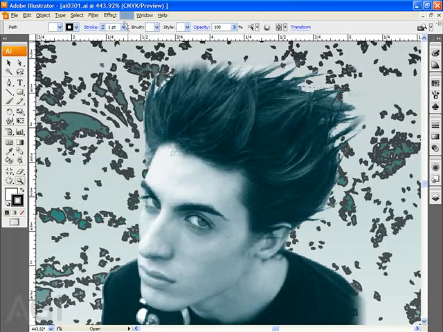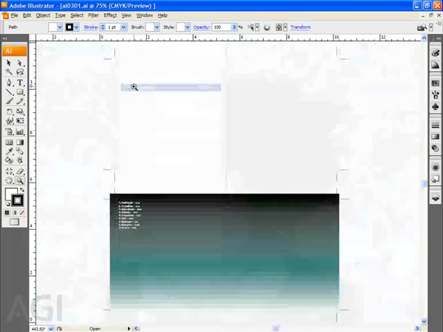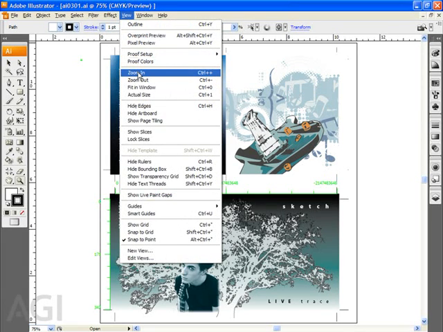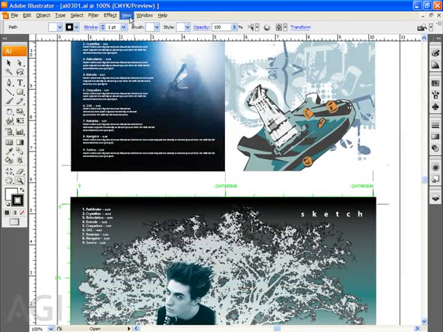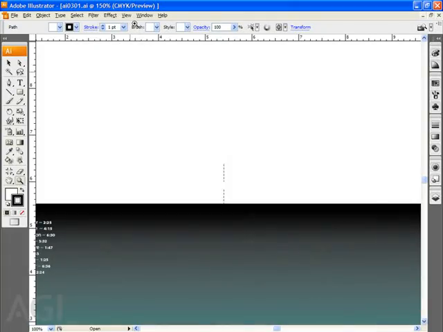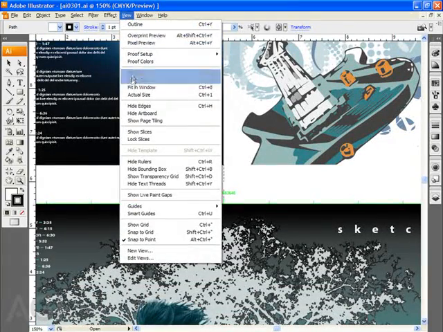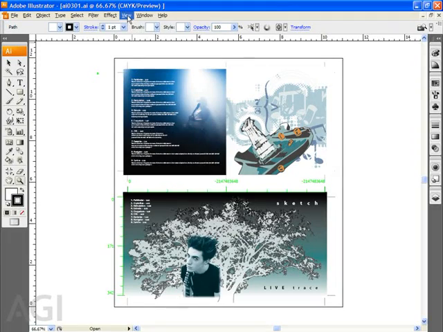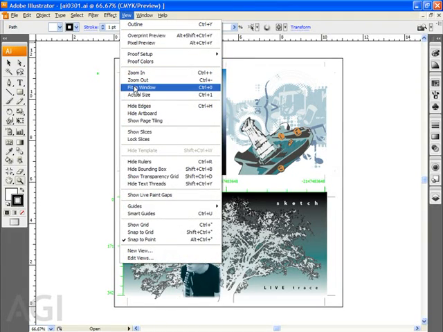Now, if I go back to the View menu and I choose Fit in Window, there are other ways that we can zoom in and out in an Illustrator file. If you go to the View menu and choose Zoom In, the keyboard command for which is Control+, it zooms in the same set percentage as if you had clicked with the Zoom tool. If I choose Zoom Out, the same is true in reverse. We've already taken a look at Fit in Window,